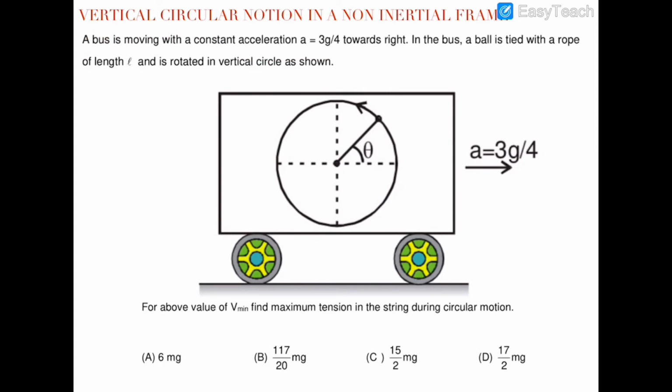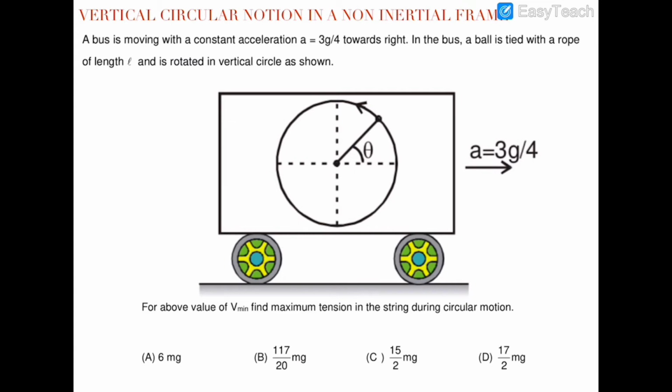In this video, we are discussing the vertical circular motion from a non-inertial frame of reference. This is similar to the case which we have already discussed, that if some external constant force is being applied on the vertical circular motion, then what will be the minimum projection velocity. This would be the similar case, but the only difference is that we are standing inside a non-inertial frame, or an accelerated frame.